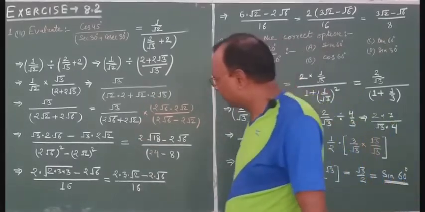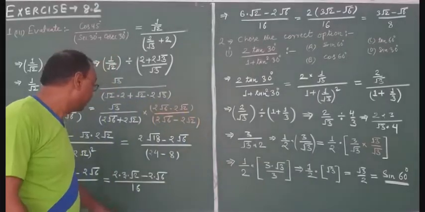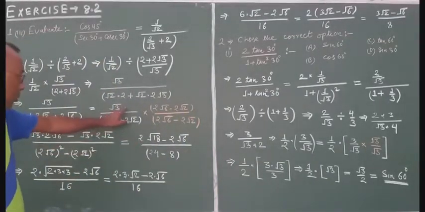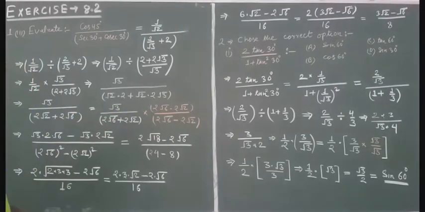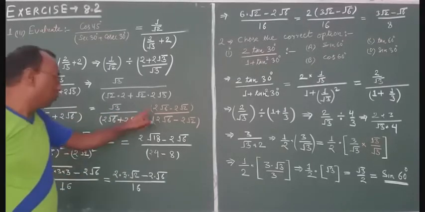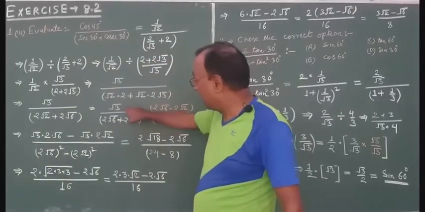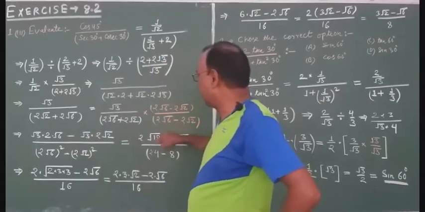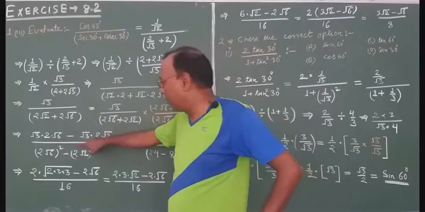Now, look here. This under root 3 will multiply with this whole bracket. So what will happen? Under root 3 into 2 under root 6 minus under root 3 into 2 under root 2, and divided by,